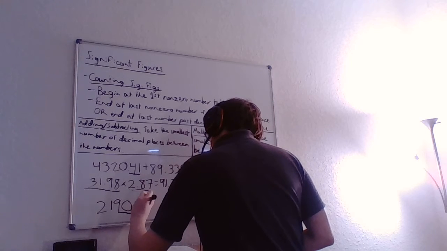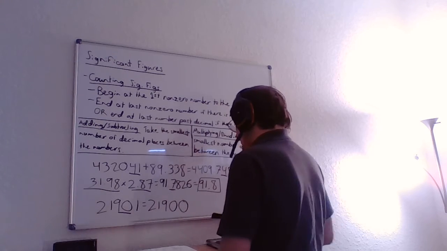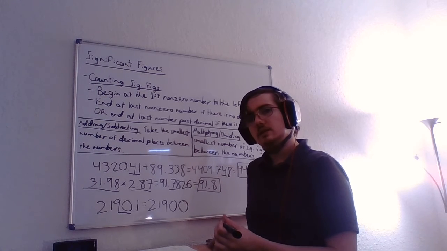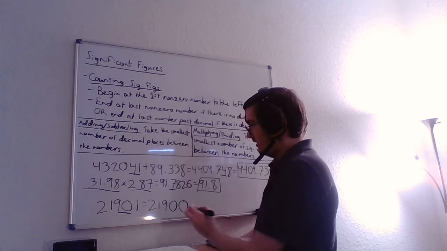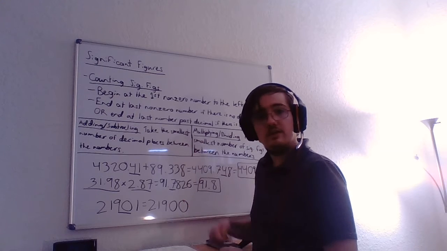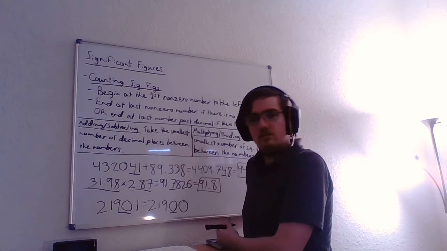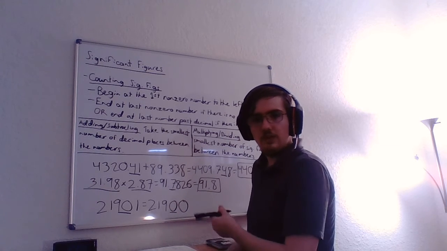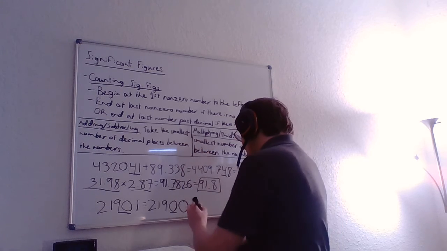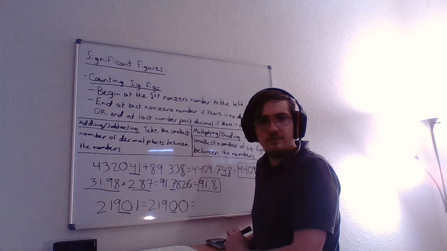So you might be inclined to think the correct number here is this right there, 21900. And although that's correctly rounded, there's a bit of an error here, because if you were to run into this number, you would think there's only 3 significant figures here, because you don't know that that 0 is significant. So how do we indicate that that 0 is significant? Well, the most common way I've seen to do this is to convert this to scientific notation.